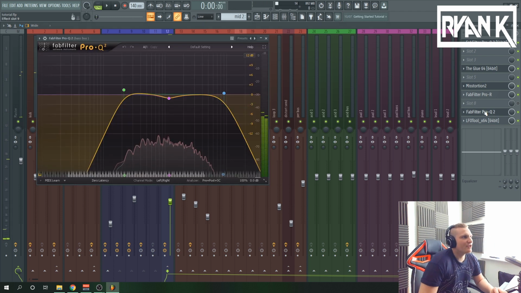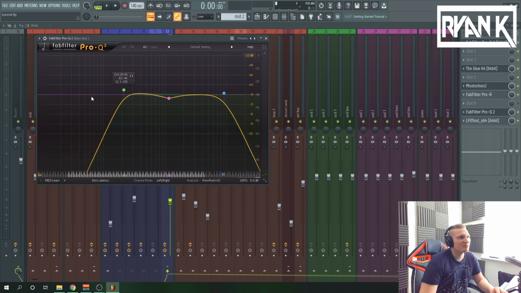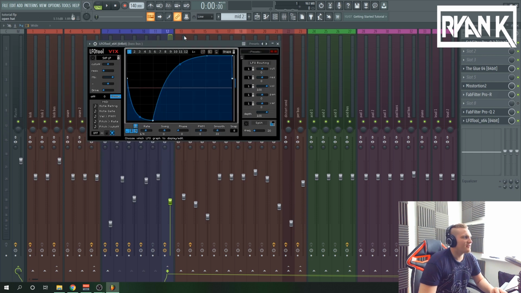What I've got after is another EQ. Now many people will be like, well, what are you using 2 EQs for? What's the point in that? What I'm doing here is, sometimes when you add plugins, especially a distortion or saturation plugin, it'll add some lower harmonics that you don't want. Even though I have EQ'd it already, I've added another EQ just to take off the frequencies that would have been added from distortion. As usual, I've added an LF4